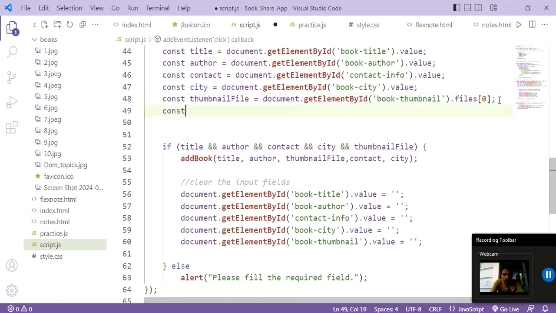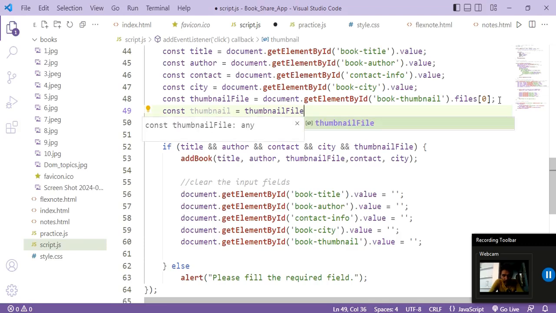So let's convert it here. So const thumbnail equal thumbnail file, okay. So here what we are doing is we are using shorthand for if else using ternary operator, okay, and I have taught this in previous tutorial, so you can see there. So we use question mark, okay.